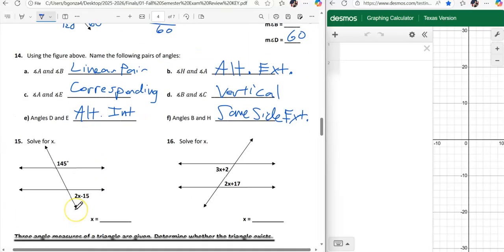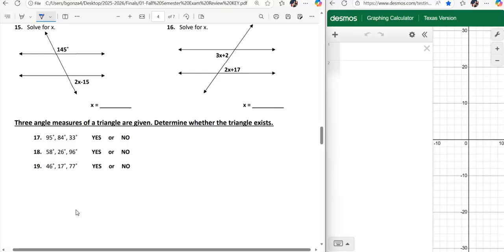All right, number 15. Now look, obtuse, not obtuse, acute. Do not set these equal. These are supplementary when they're same side exterior. They're supplementary. So instead of setting them equal, you do addition, 145 plus 2x minus 15. And that has to equal 180, okay? So the only x is 2x, but the 145 minus 15, what is 145 minus 15? And that gives you 130,